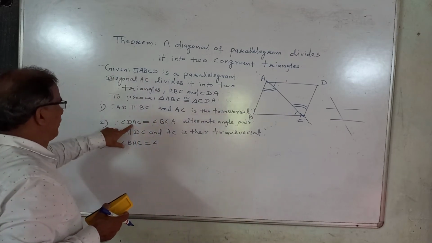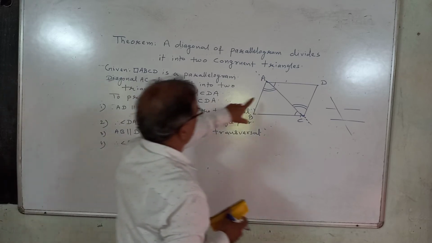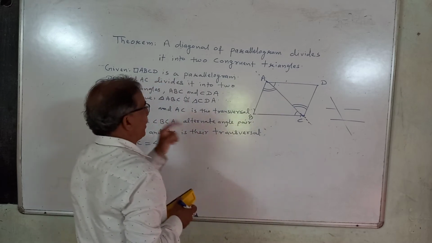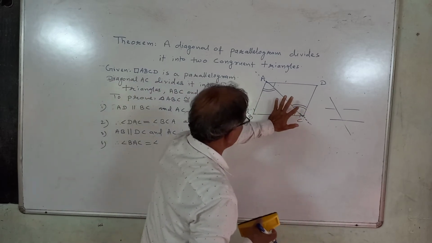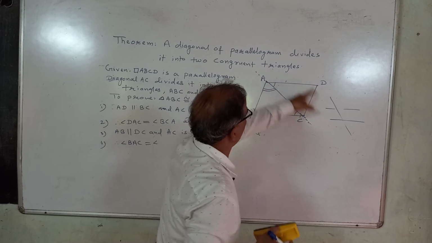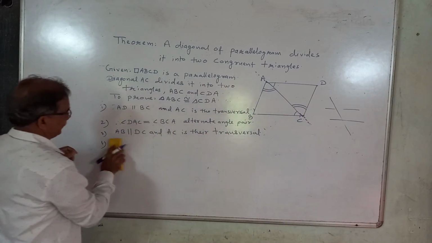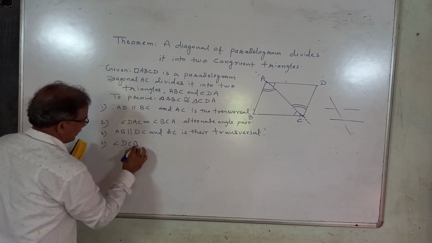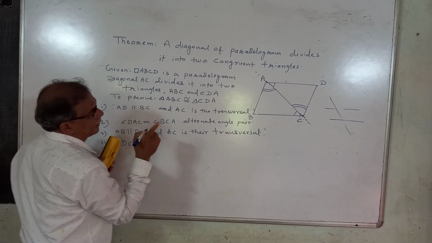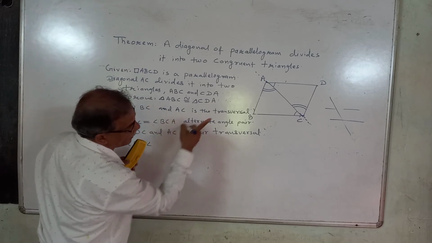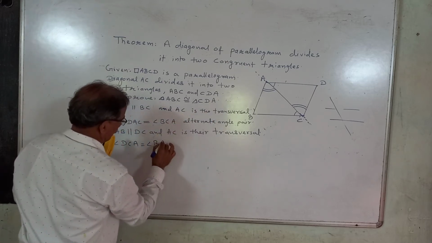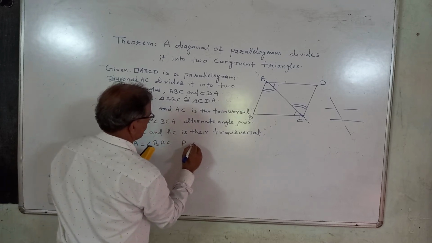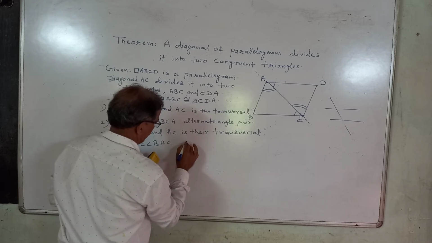First, here we have written angle DAC, which is the angle of that triangle. So now this angle equal to here. So let us write this name first, because this is the angle of triangle ADC, isn't it? Okay. So angle DCA is equal to angle BAC, pair of alternate angles or alternate angle pair.